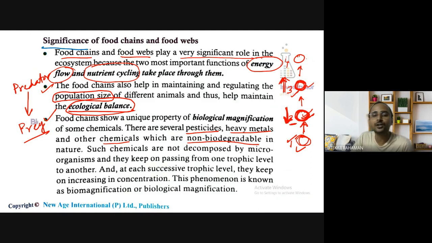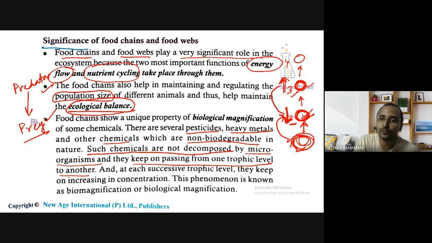এটা কখনোই ডিগ্রেড করা সম্ভব হয় না, পরিবেশে এটা থেকে যায়। এবং সেই কেমিক্যালগুলো, such chemicals are not decomposed by microorganisms, and they keep on passing from one trophic level to another. For example, প্রথম ট্রফিক লেভেলে যদি কোনো কেমিক্যাল থেকে যায় যে কেমিক্যালটা ডিগ্রেড করা যাচ্ছে না, if some chemical is present in the first trophic level which cannot be degraded by decomposers, it will move to the next trophic level. Similarly, it will move to the next trophic level, because